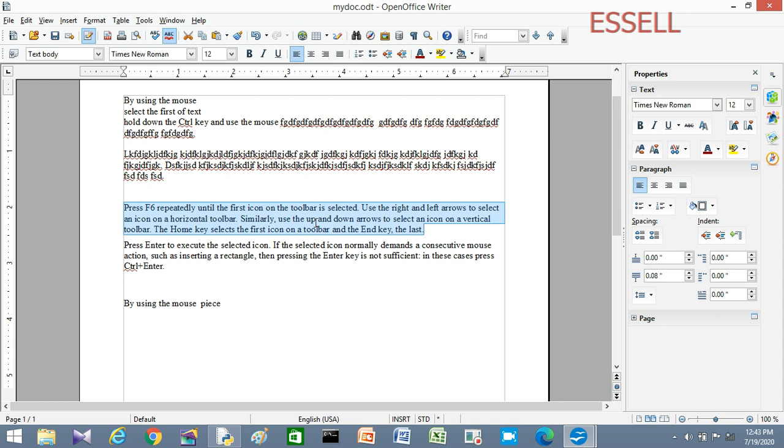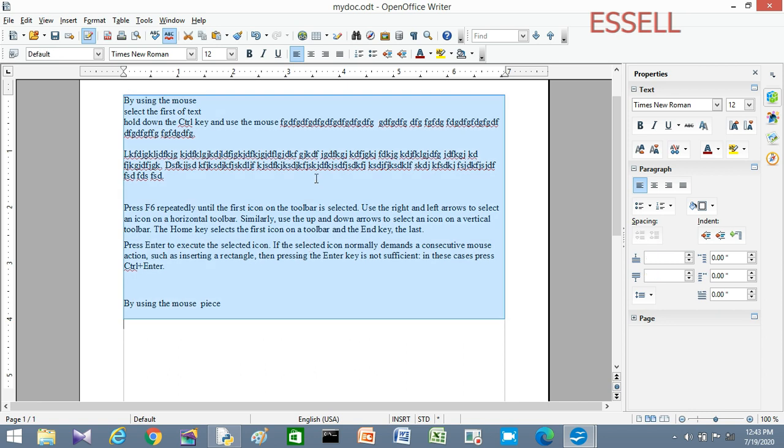We can select a paragraph. If you want to select the whole document, then we can use Control A. Control A is used for selecting the whole text in the document. Here is the end of the practical section of the first part. Thank you.